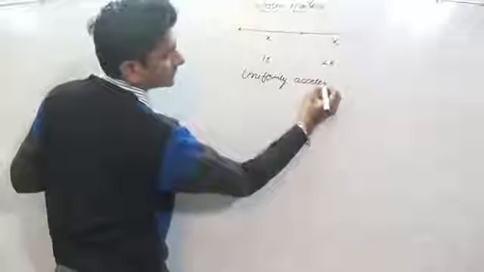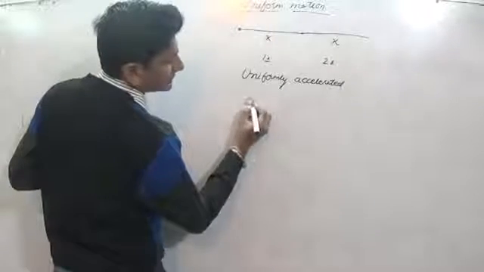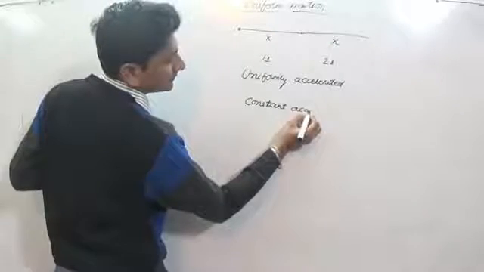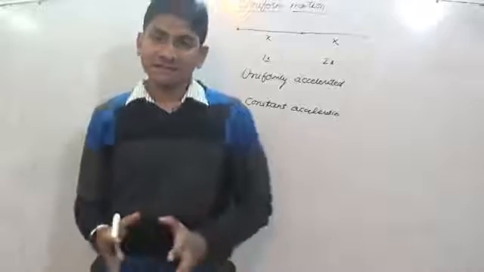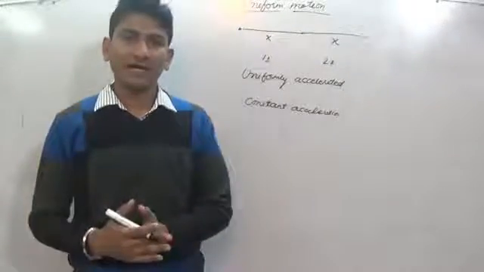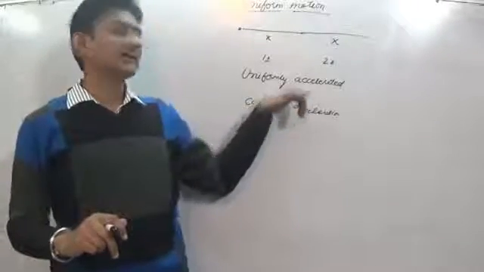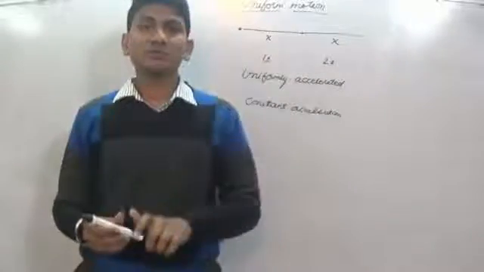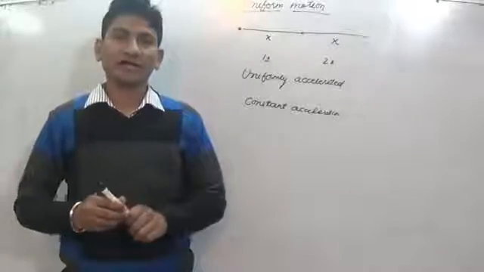Uniformly accelerated motion has constant acceleration, which means the speed changes uniformly. Every second, or every unit of time, the speed is changing at a uniform rate. That is what constant acceleration or uniformly accelerated motion is. This is the basic assumption which we will put forward to derive the three basic equations of kinematics, which